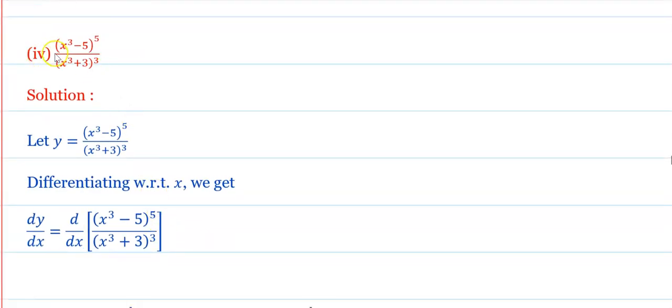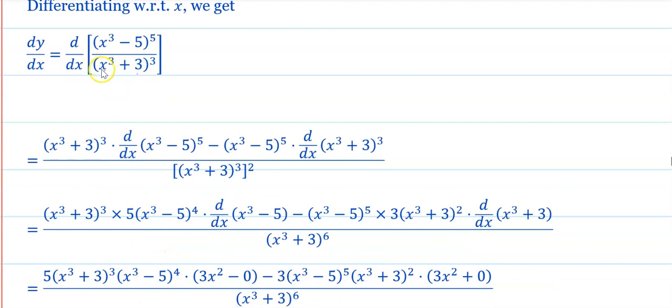Now the next, y is equals to x cube minus 5 bracket is to 5, x cube plus 3 bracket is to 3. Again here we will apply the quotient rule. Okay. Therefore dy by dx is equals to ddx of x cube minus 5 bracket is to 5 upon x cube plus 3 bracket is to 3. Again first x cube plus 3 bracket is to 3. This is the v into ddx of u, which is x cube minus 5 bracket is to 5 minus x cube minus 5 bracket is to 5 into ddx of x cube plus 3 bracket is to 3. Okay. X cube plus 3 bracket is to 3 into ddx of x cube minus 5 bracket is to 5,